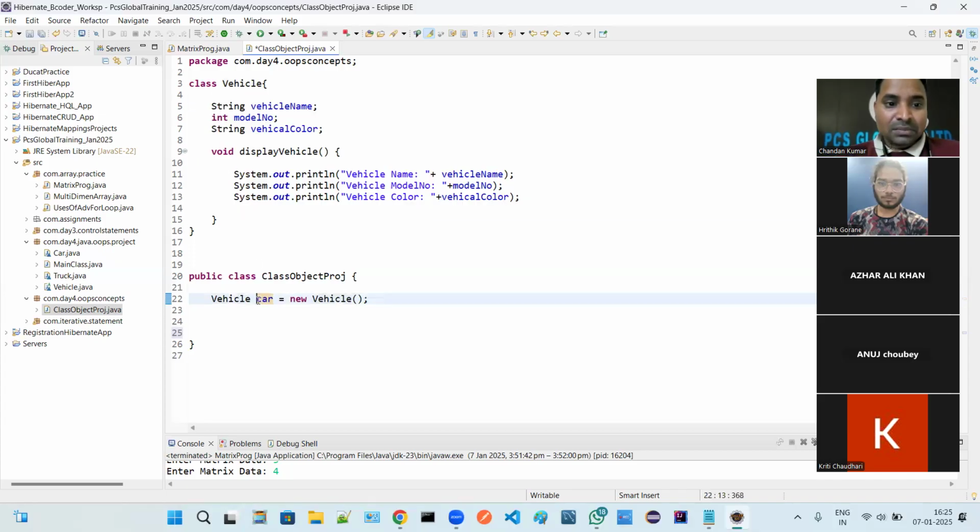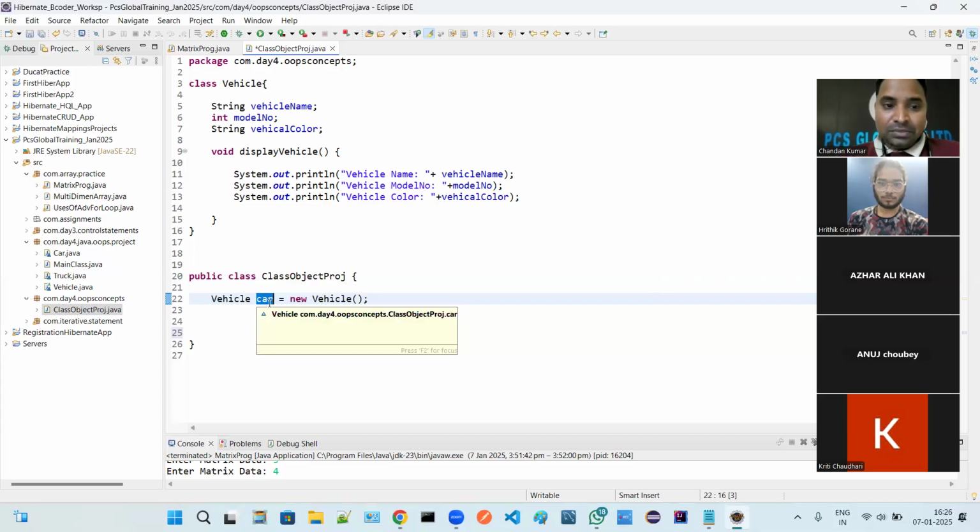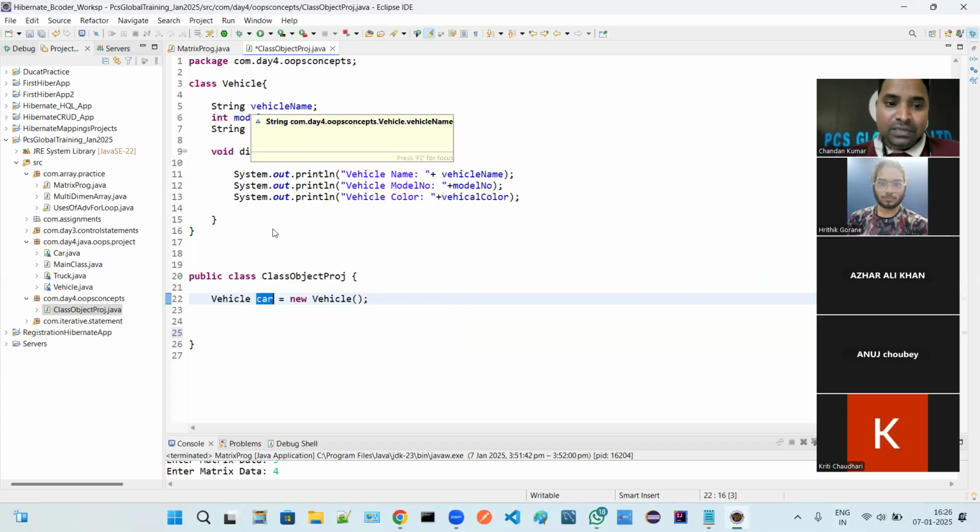If this car does not have the properties of this vehicle, how can we say that car is a vehicle? We can't say. Suppose car is an object, but it has the properties of a student: student roll number, student name, and student email ID. Can we say this car is an object of the vehicle class? No, we can't say. Getting my point? We can say this car is an object of the vehicle only if this car has the properties of this vehicle. Otherwise, we can't say this.